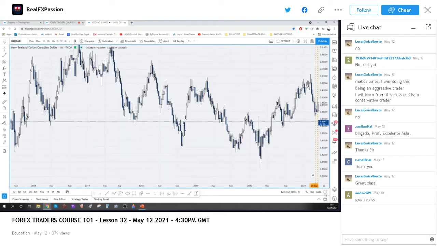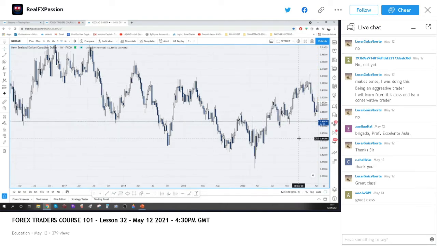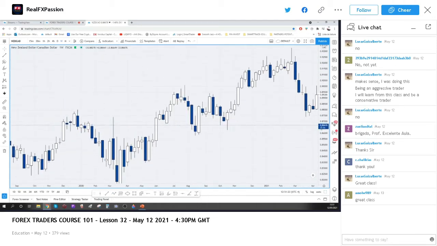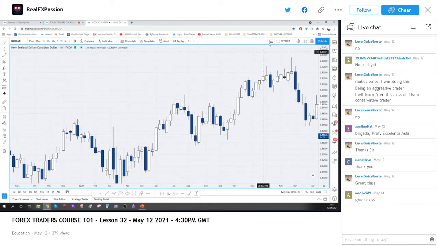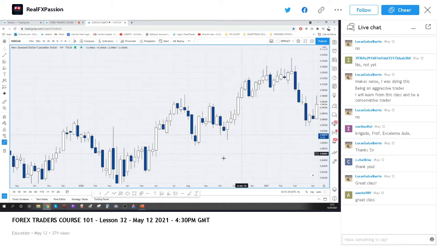Weekly chart, same story. I don't know why this is weekly chart. Okay, not a problem. Remove things. There you go. Weekly chart. What is the weekly candle telling you, everybody? This is why I put a vertical line here, right? On TradingView, we can click drawings. You are going to see you have a bearish candle on the